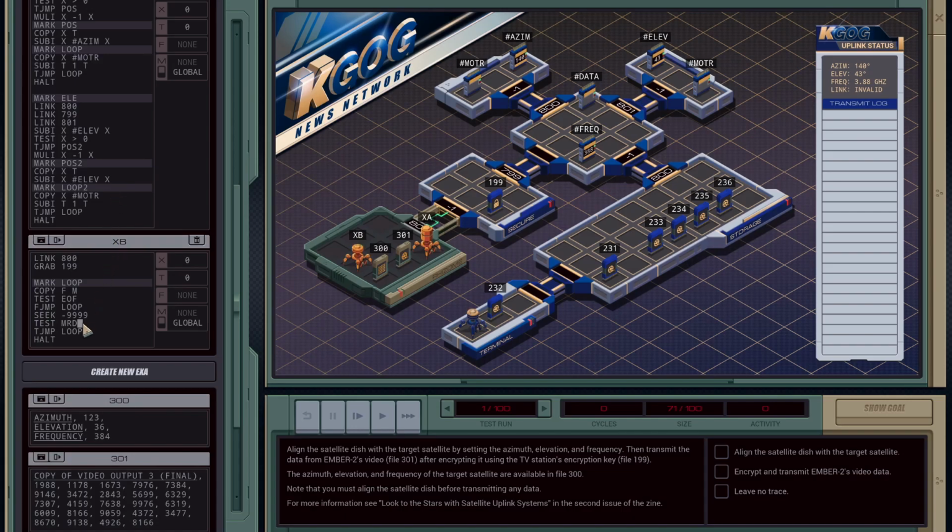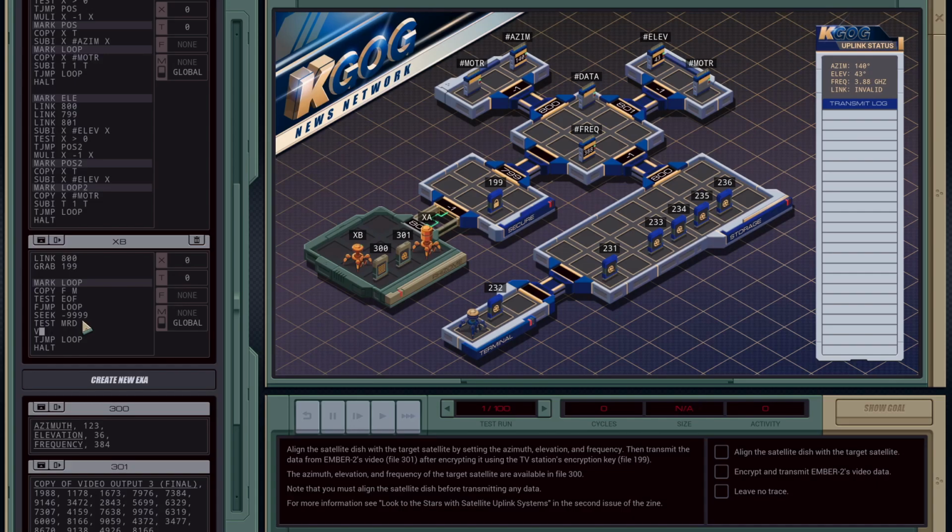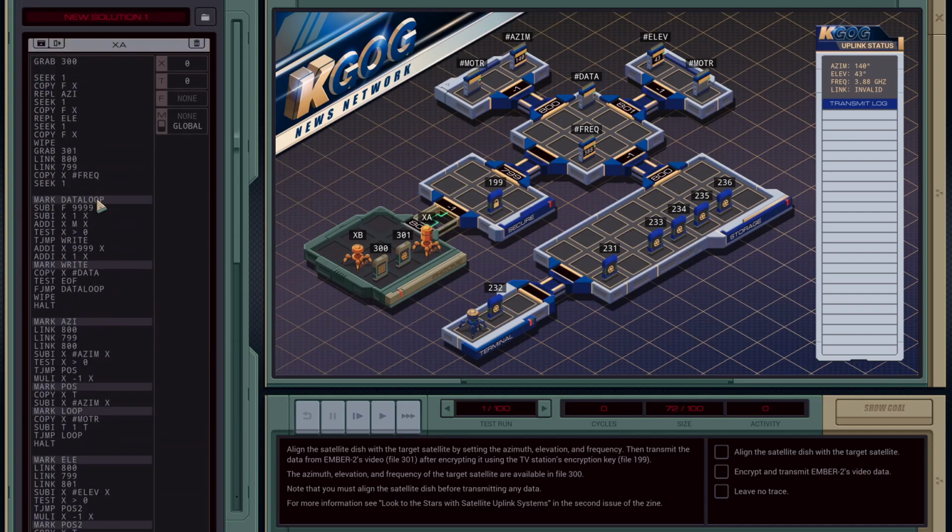So I won't test MRD. Well, yeah, like test MRD void, T jump loop kind of thing. And then just say basically when this guy goes back to the top of, or I guess when before he